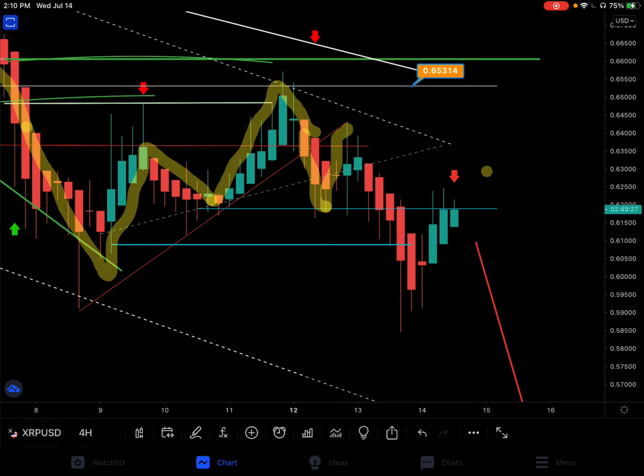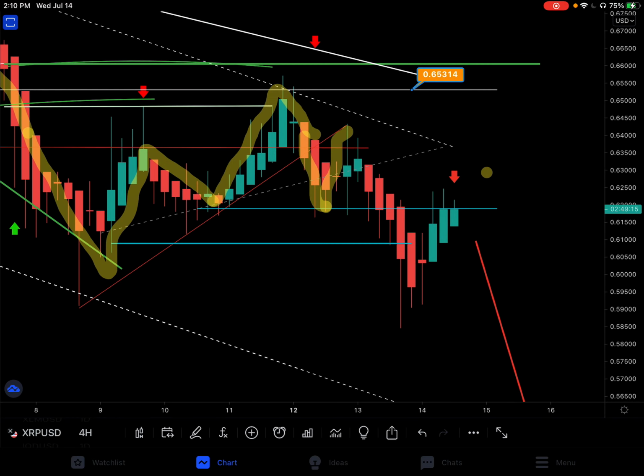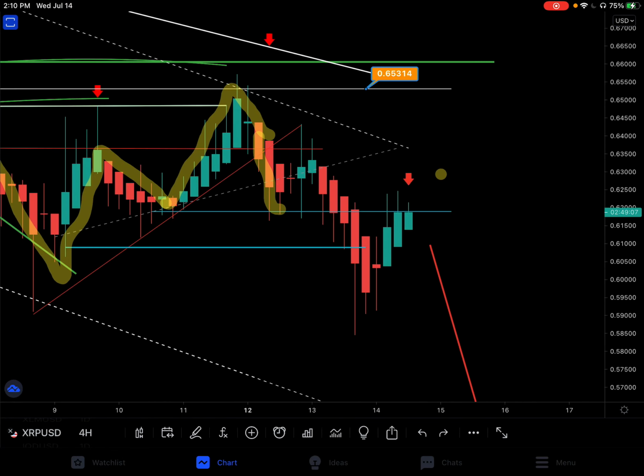You're connecting wick to wick or core to core. You are not connecting wick to core. You're connecting core to core and wick to wick. That's how you do it. That's the secret. Wick to wick, core to core. Let it tell a story. So there's a few lines we can see from all of this,